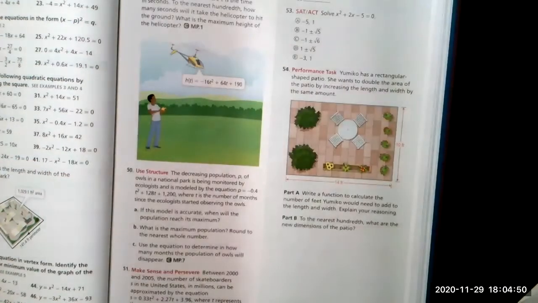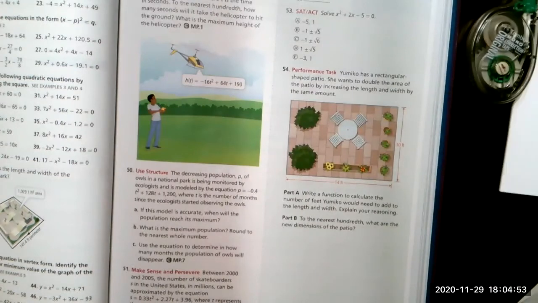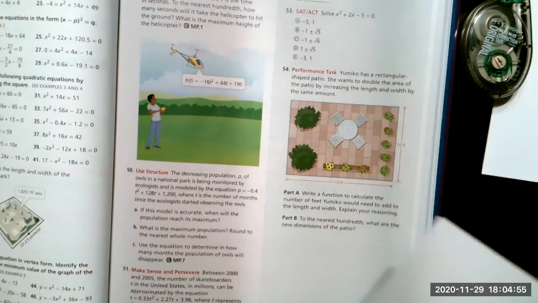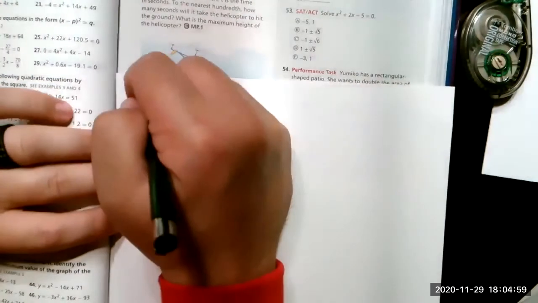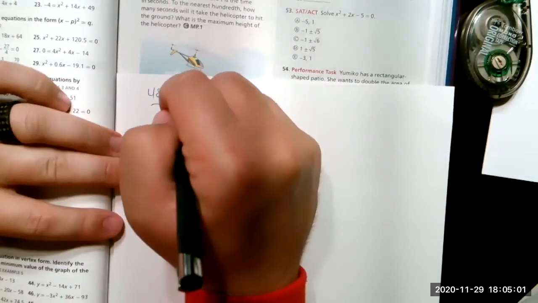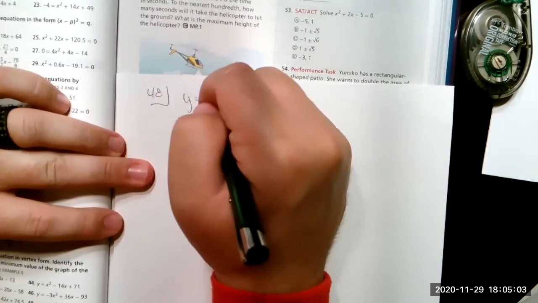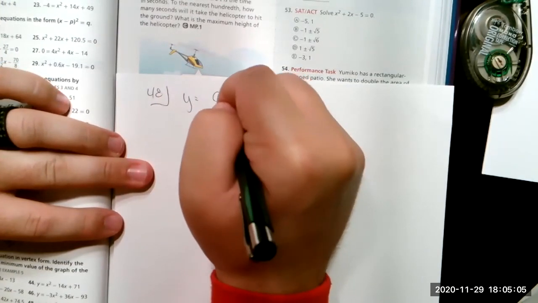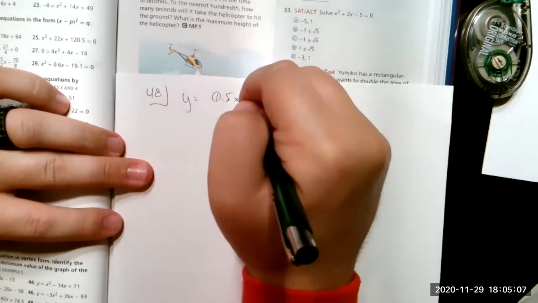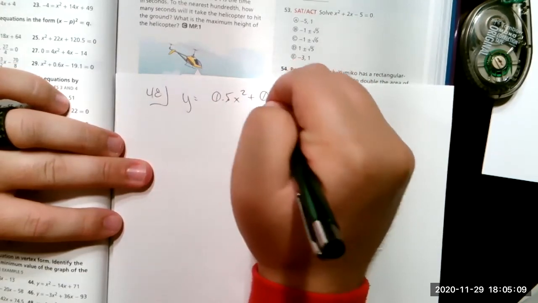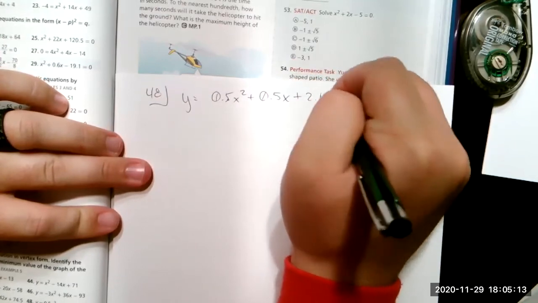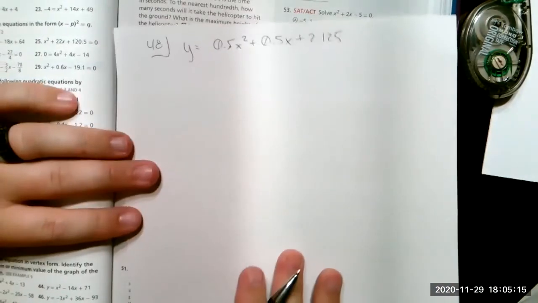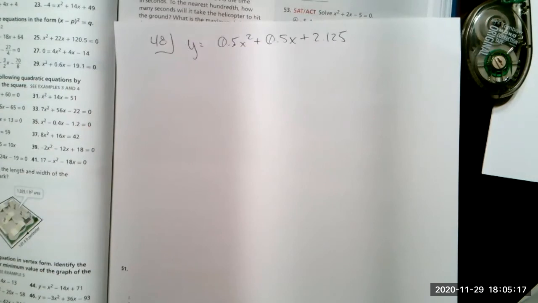All right, one more. I'm glad we skipped the odds because this would have been a really long video. It's already super long. So 48. Y equals 0.5 x squared plus 0.5 x plus 2.125. They got to end on a difficult note, right? To be honest, oh man,